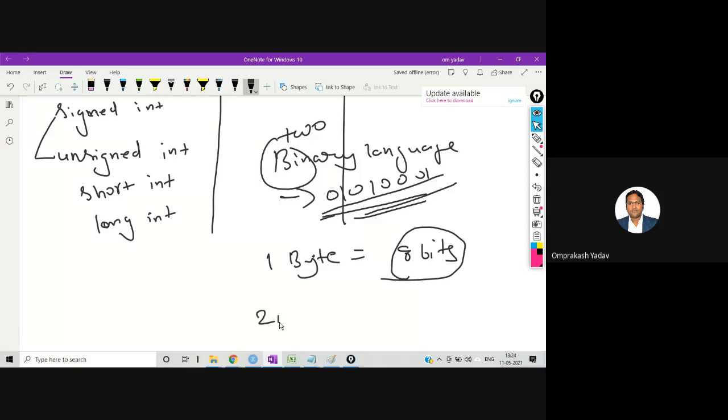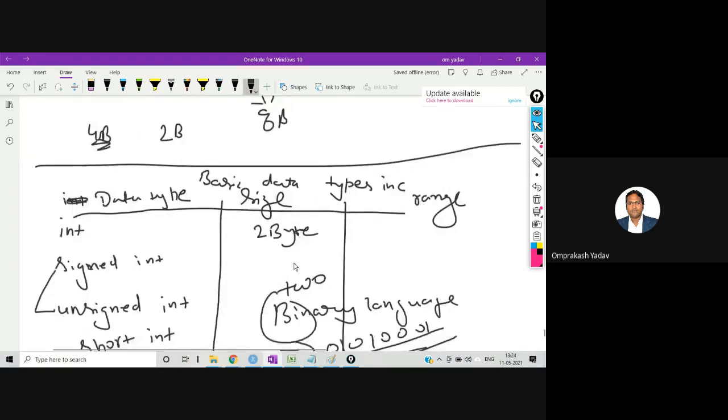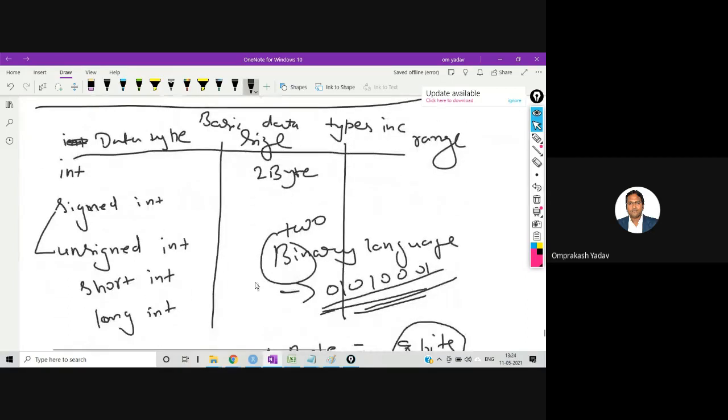If I am talking about 2 bytes, that means a total of 16 bits. 4 bytes is 32 bits. Clear?